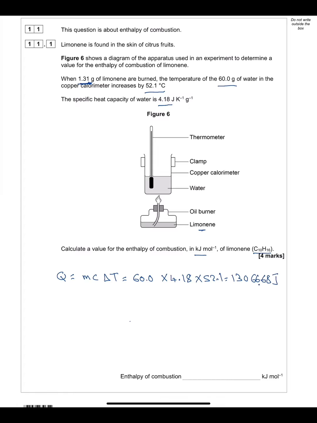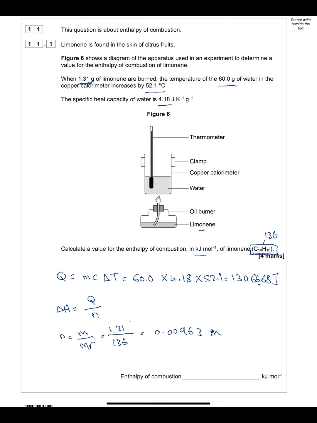So this is the value of Q. And then we know that delta H will equal the Q over the number of moles. So we need first to calculate the number of moles of limonene. The number of moles of limonene will equal the mass over the Mr. We're going to use the molecular formula of limonene to calculate the molecular mass of limonene, which is 136. So the number of moles will equal the mass of limonene that was burned, which is 1.31 gram over 136. So the number of moles is